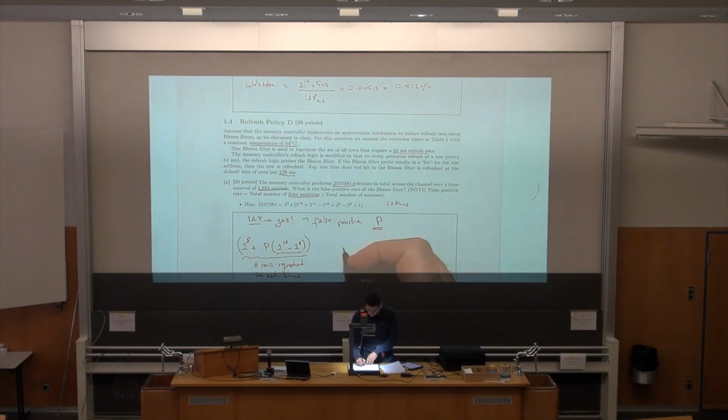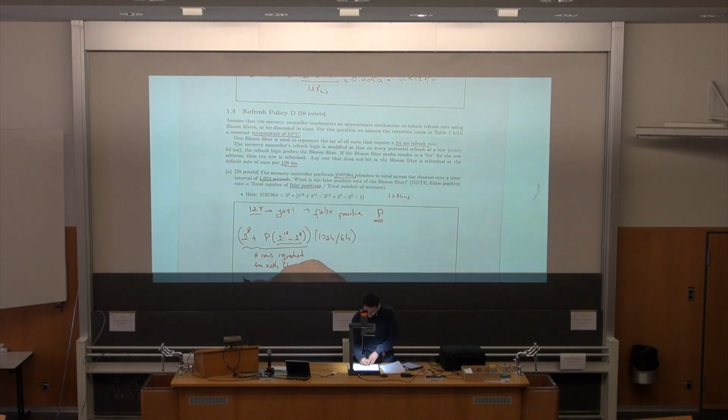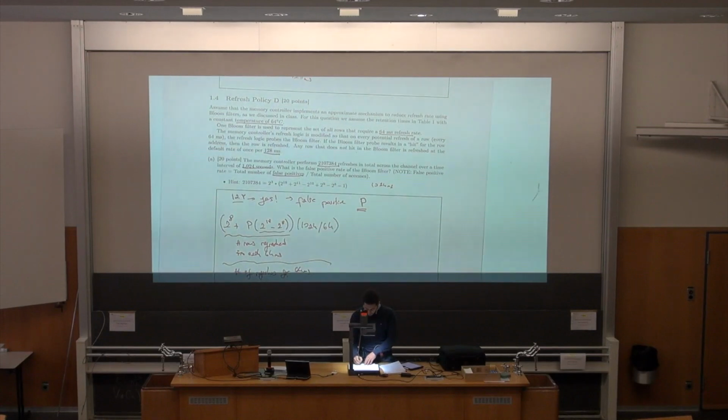And how many times are those refreshed? So this is within that period. So this is basically the number of refreshes for 64 milliseconds, let's say. Plus, we also have 2 to the 18 minus 2 to the 8 multiplied